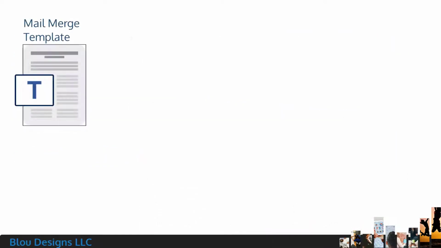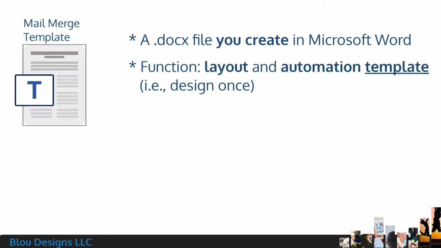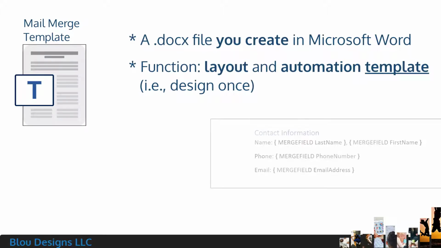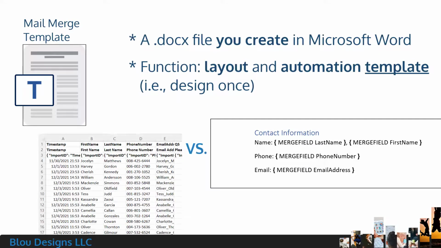The mail merge template is a docx document that you create and design in Microsoft Word. This document contains the overall layout you want to use for all of your former survey responses, and it's what enables you to automate the process of curating and reformatting your data in a way that lets you design it once and then click a button to get the list of reformatted responses. Its function in this process is as a template for how you'd like that data laid out for you so that it's easier for you to read and review than it would be if you were using one of your other methods of accessing that data.